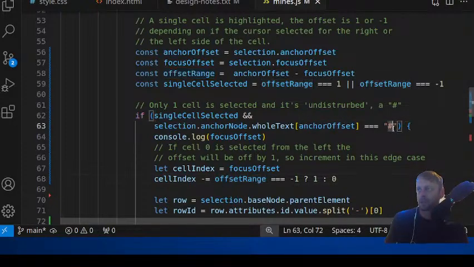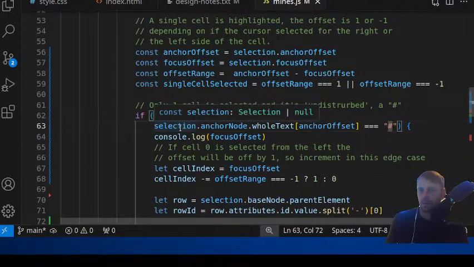So this is, so if a single cell is selected, which is offset range is 1 or -1, then